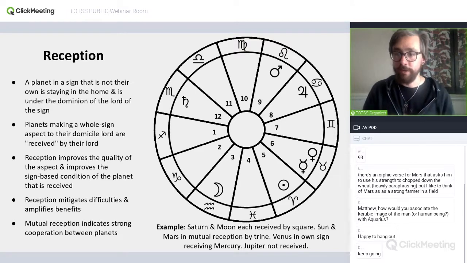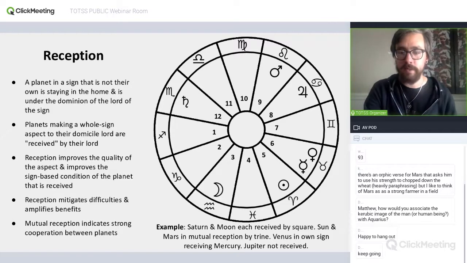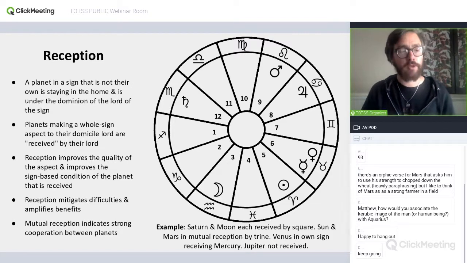So you want to look for the presence or absence of reception whenever you're trying to understand a planet in its sign. And this is one way that, like those books where you just look up what a planet in a sign means, that's a good, helpful place to start.